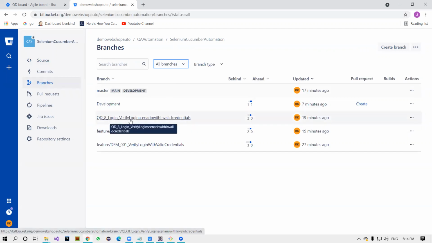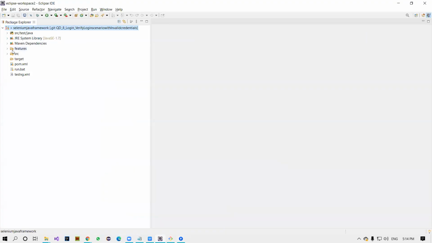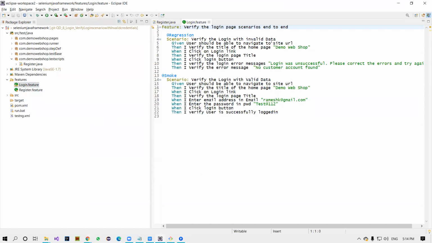Perfect. Now what I'll do, I'm going to do the coding on this particular branch. You go back here, you see that the branch is already switched. Okay, now I'm going to automate this scenario here. A simple scenario. I won't take much time. Go back to the feature file and the login is already there. Invalid data is there already. Okay, this code, I don't think we have the steps.